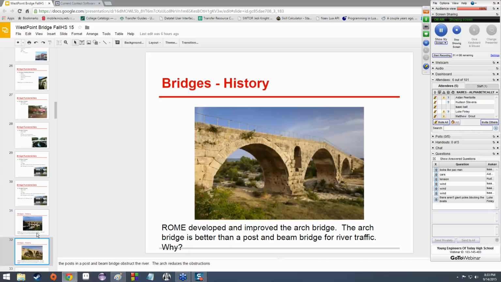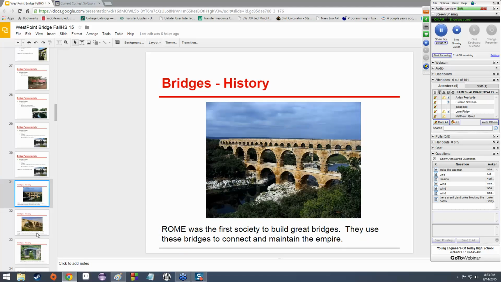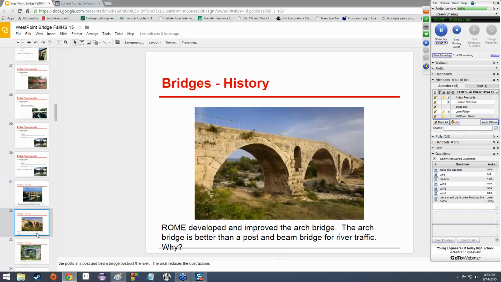There you go. The arch reduces the obstructions. The posts in a post and beam bridge obstruct the river. Yep. That's part of the reason why I just went to this slide real quick and came back and then started drawing it, because the answer is right there, and I tried to cover it over my other class,